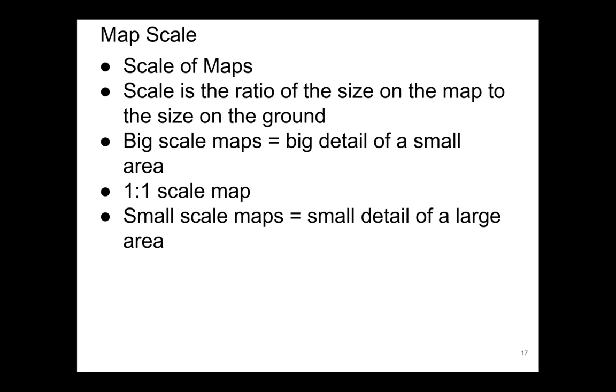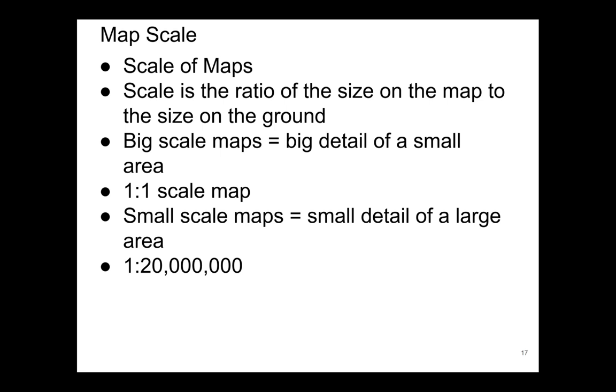Small scale maps have small detail of a large area, like a classroom map of the world. Those are about 1 to 20 million. If it's about 6 feet wide and it's showing the entire world, the scale on that map is about 1 to 20 million. That's great if you want to see the whole world. But if you just wanted to see, for example, American River College, you'd probably want like a 1 to 5,000